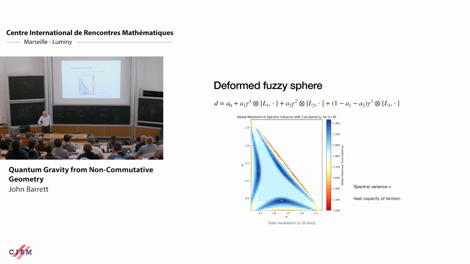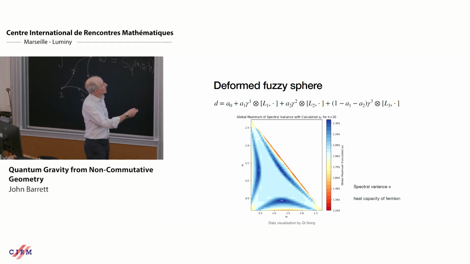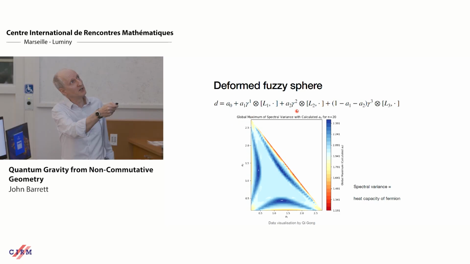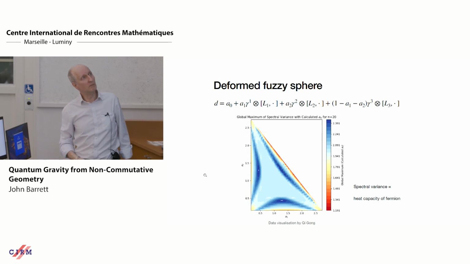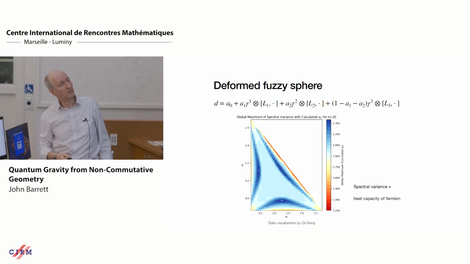Okay, so I want to leave that behind and talk about the deformed fuzzy sphere just for a minute, just to show that we don't always have to be doing round things. This is the same formula as before, except we've put in arbitrary constants A0, A1, A2, and A3. A3 is 1 minus A1 minus A2. You can't see very well, but that axis is A2, and that axis there is A1. And what we've plotted here is we've taken this spectral triple with this deformed Grosse-Pres̆najder operator and calculated the